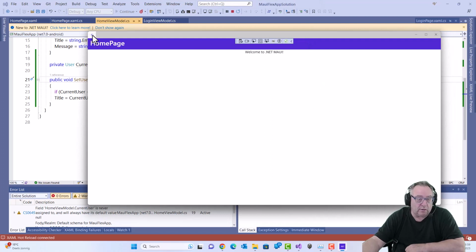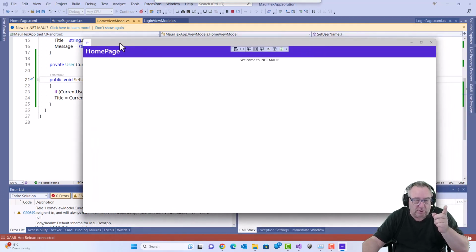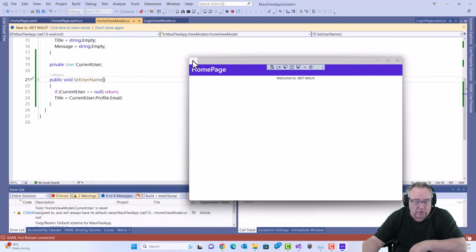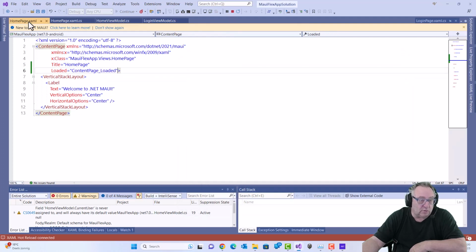Can we go back? No, because whenever we go back, it checks if there is a current user and immediately jumps here. So the button moves, but it's not going back. And also, this is not the place I want to be going back from. So we're going to block this arrow over here. And we're going to do that with the XAML. So where's the XAML code over here? Over here. In the XAML code,